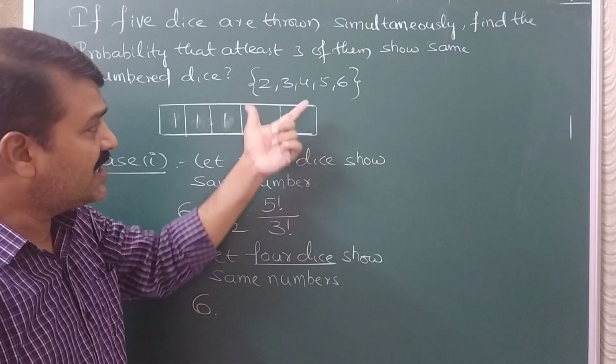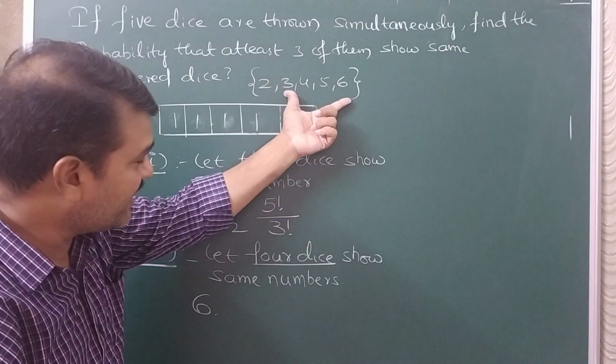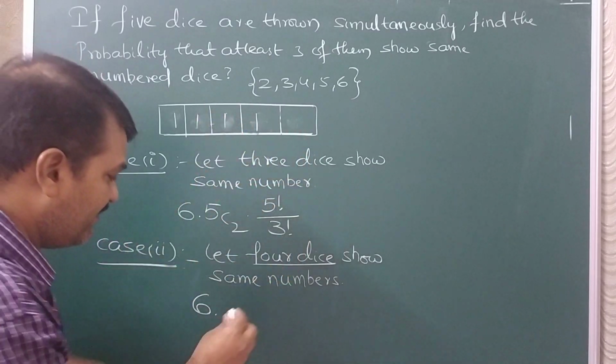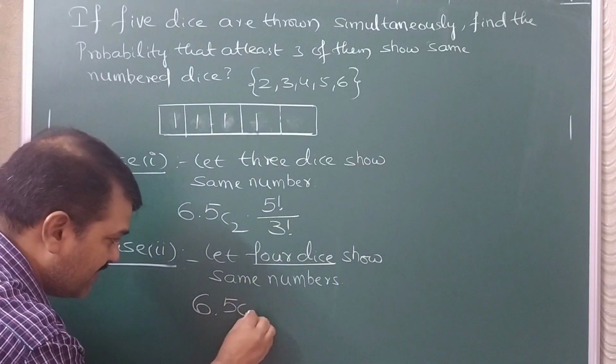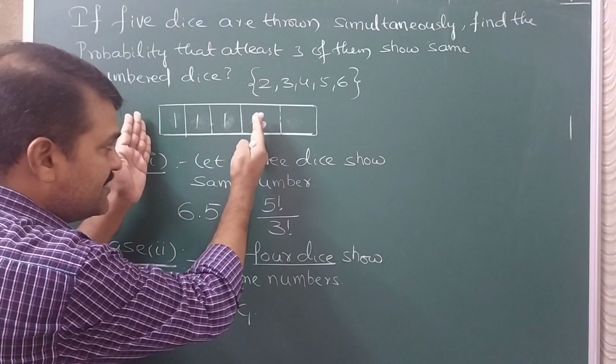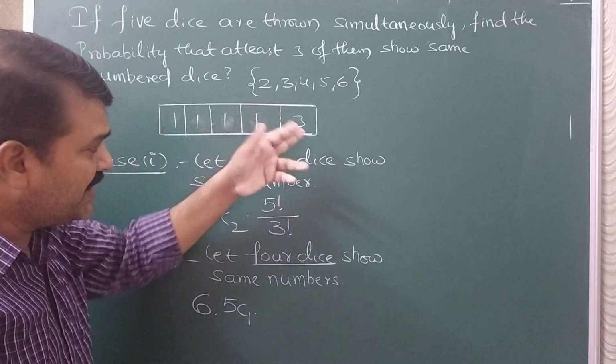Different number means what? From the remaining 5 you have to get one number, which has to fit in this 5th die. How many ways for that? 5C1. And the order we did not take. So 4 same numbers, and the 5th number is a different number like this, but they can be put in different orders.